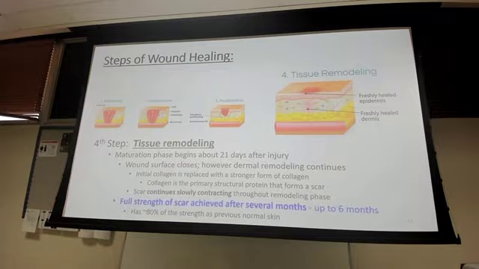During that time though, if you have any type of trauma to the area that's trying to heal, you have a very big risk of opening that injury back up. You've probably seen UFC fighters, right? They get knocked out or they get cut in their eyebrow. If they go into another fight and they get hit there again, that site's probably going to open back up because that collagen that was placed down is not as strong. And so that's why these guys typically get repeat injuries in the same spot, because they had scar tissue develop. It's good enough, but if they get hit there again, it's not as strong